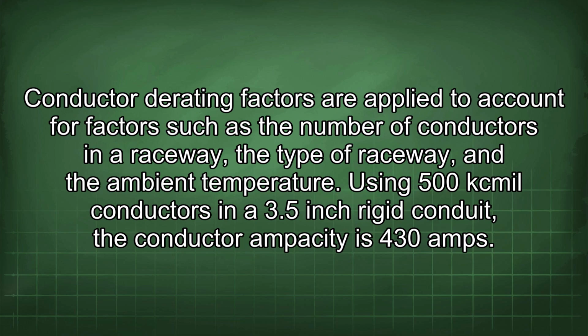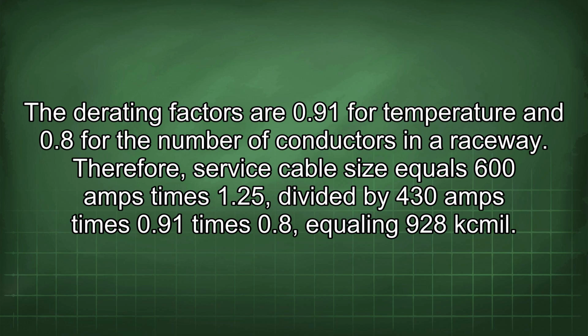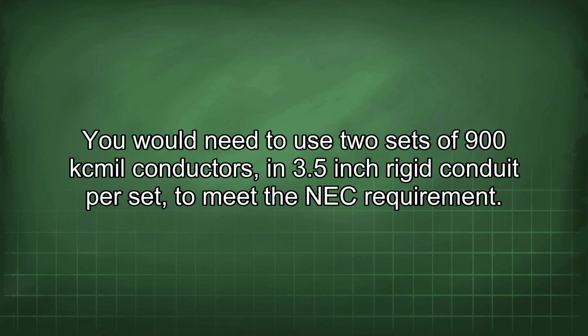Using 500 kcmil conductors in a 3.5-inch rigid conduit, the conductor ampacity is 430 amps. The derating factors are 0.91 for temperature and 0.8 for the number of conductors in a raceway. Therefore, service cable size equals 600 amps times 1.25 divided by 430 amps times 0.91 times 0.8 equaling 928 kcmil. You would need to use two sets of 900 kcmil conductors in 3.5-inch rigid conduit per set to meet the